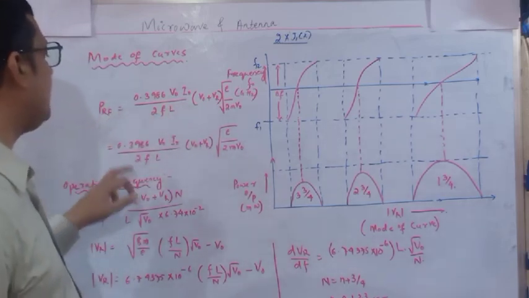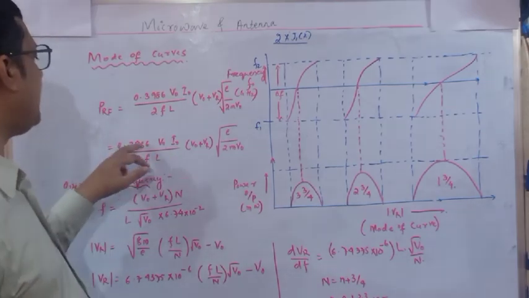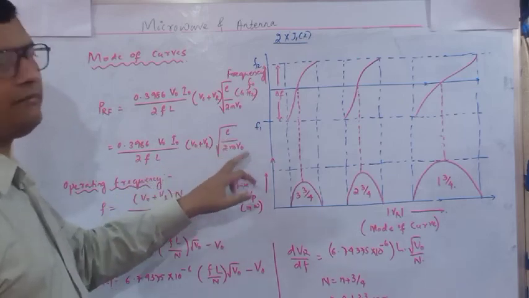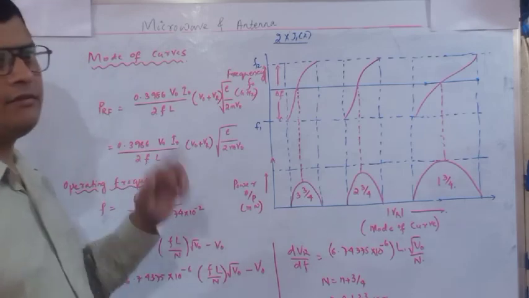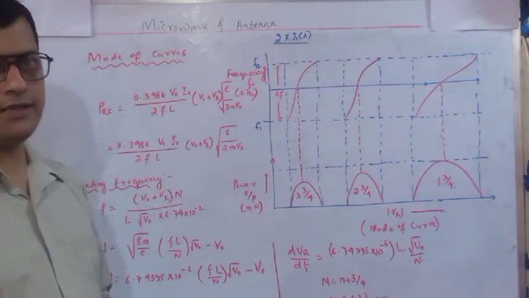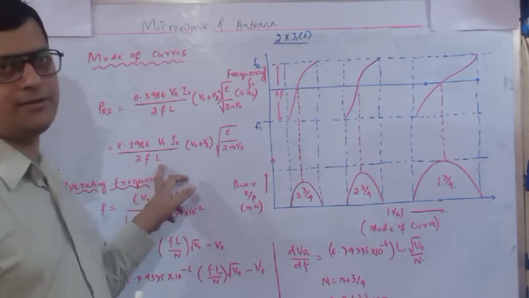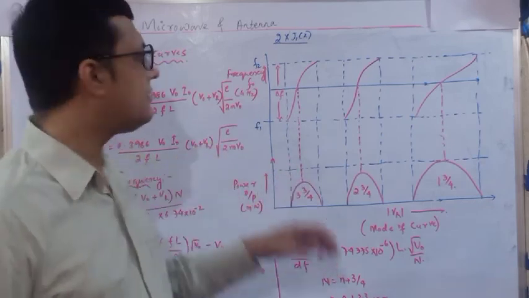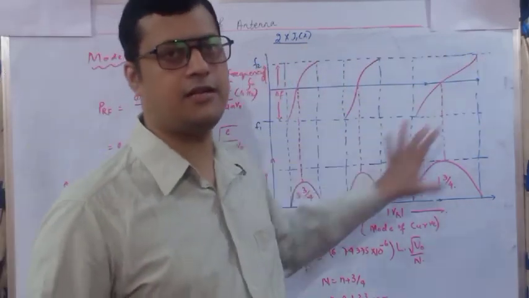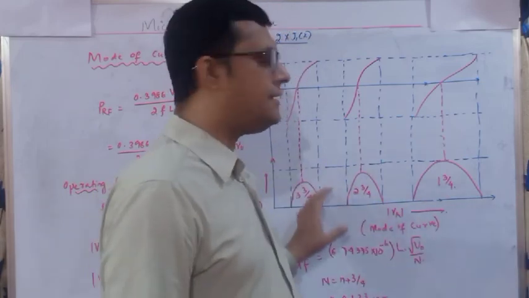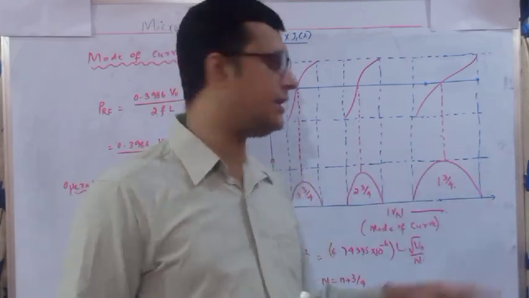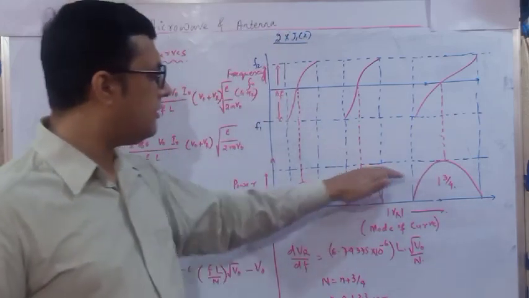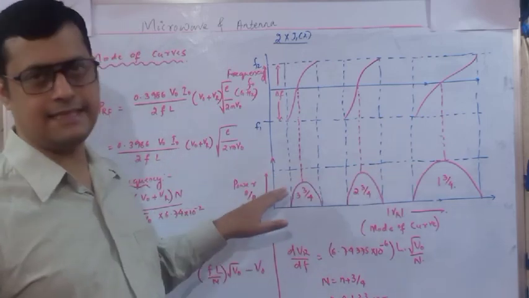Okay. Now here I will rearrange it. So it is 0.3986 V naught I naught divided by 2FL (V naught plus VR) root over of e by 2m into V naught. So here it is inversely proportional to the frequency, operating frequency, as well as inversely proportional to the repeller space. So if the frequency component is high, the output power is going to be less. So here you can see the frequency remains constant, but the output power is high. How is it high? With respect to less number of modes. Here you can see 1 3/4 means maximum output is available. Then 2 3/4 less than this. Then 3 3/4 less than this.